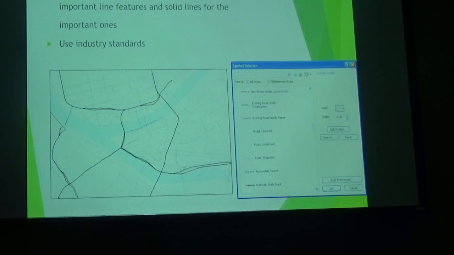Yeah? All right, displaying lines. Same principle as we do with the points. You want to present background and focus. Right now, based on the settings here, I get a feel that I have major roads going this way. Like this is one of the famous bridges in Pittsburgh. If you're on this bridge, you can actually see the